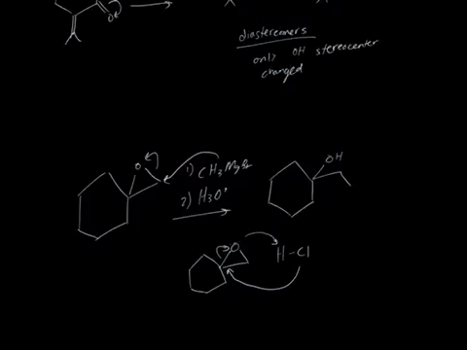So here's Cl and I'm going to put the OH out here. The only time you ever attach on the most sterically hindered side is when you're under acidic conditions. Because again, the oxygen dictates where the bond will break. As opposed to when you're under basic conditions or when you're using a Grignard, this nucleophile attacking is the very first step. So we have to think about what's going to sterically hinder the nucleophile as opposed to the oxygen. The oxygen here has no real say in where it ends up going. The nucleophile takes priority here, whereas over here it's the other way around. The oxygen dictates where the bond is going to